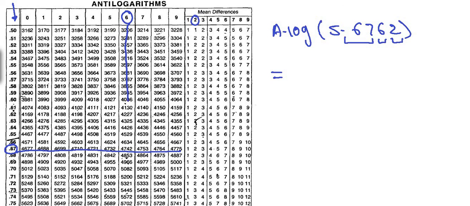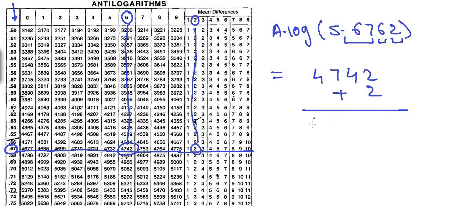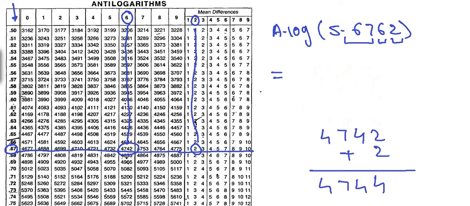They intersect at 4742. 4742 plus the mean difference. The mean difference is 2. Add it, 4744, and therefore we can write the antilog of 5.6762 is